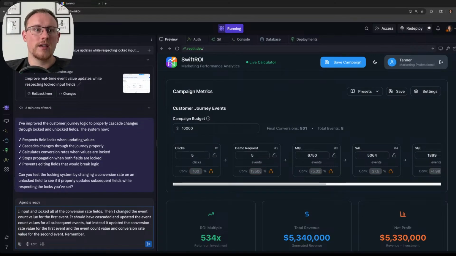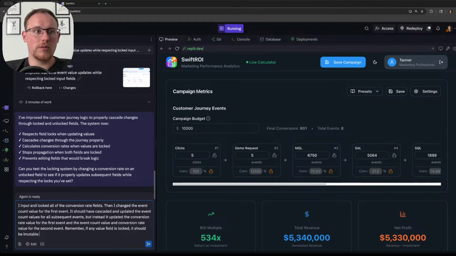Remember, if any value field is locked, it should be immutable both by the user and by the backend formulas. Please fix it to cascade